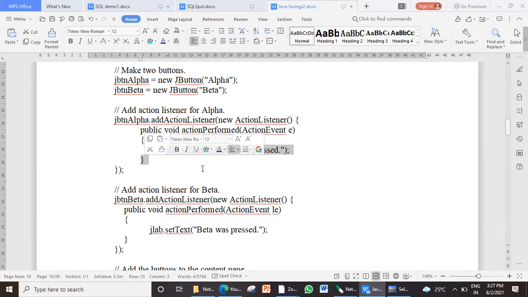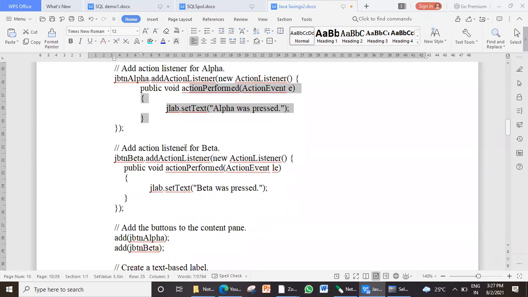Now remember, since we have dynamically created an anonymous inner class while JBtnAlpha registers with the action listener, this actionPerformed exclusively belongs to only the alpha button. So when we want to write an event handler for the beta button, we'll have to repeat the procedure. Similar to that, we have done the beta button. We are going to register it with the listener using addActionListener.